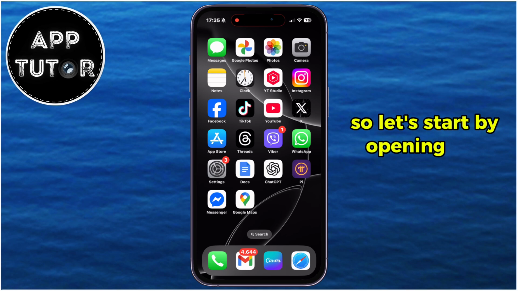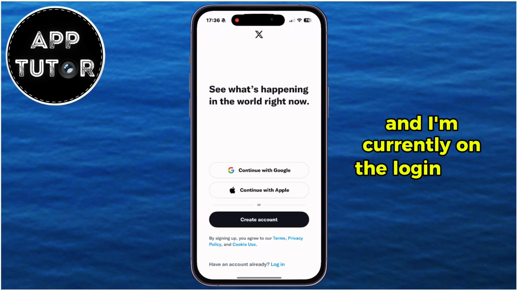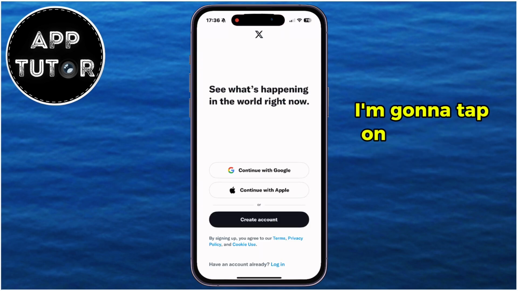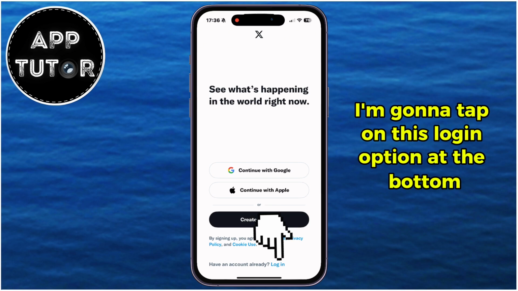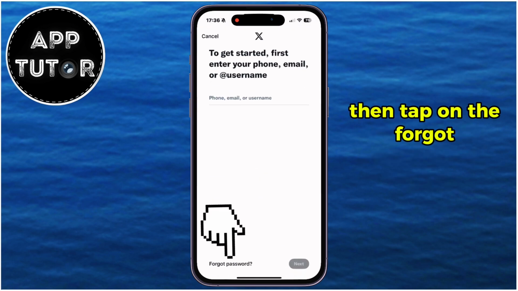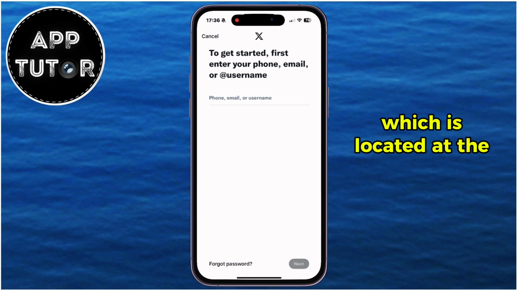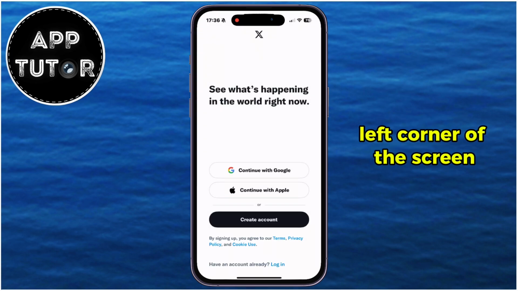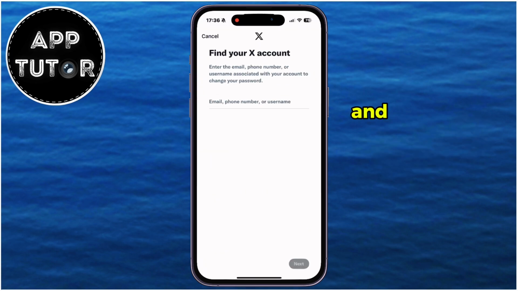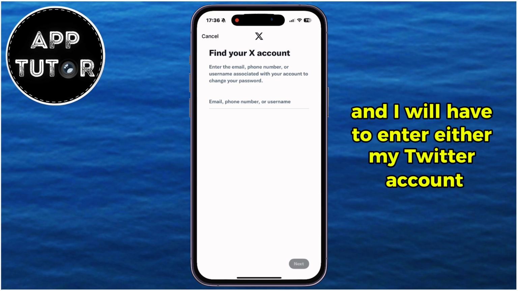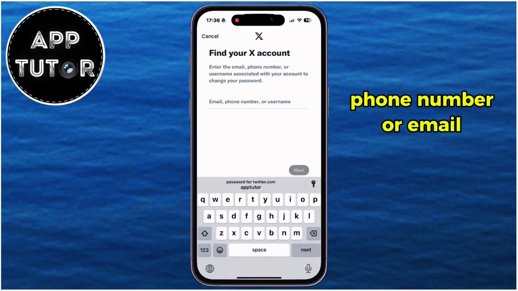So let's start by opening our Twitter app, and I'm currently on the login page. I'm going to tap on this login option at the bottom. Then tap on the Forgot Password option, which is located at the bottom left corner of the screen, and that will open another page. And I will have to enter either my Twitter account username, phone number, or email address